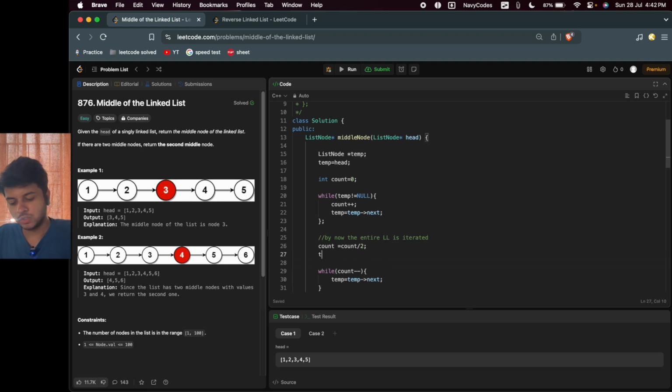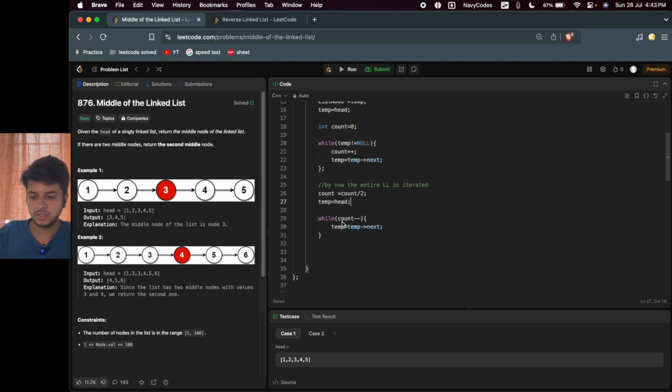And also one more thing you have to do is reset the position of temp, because in this iteration the temp kept on going forward, so the pointer has now reached the final position. So we'll just reset it again to the initial position, temp is equal to head, and now